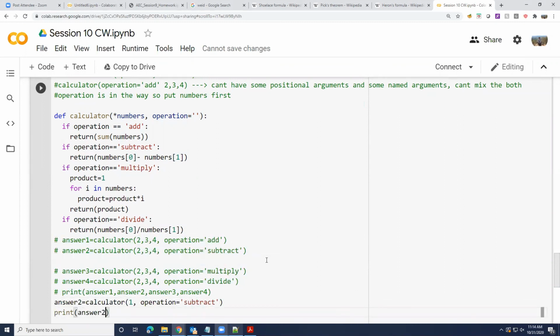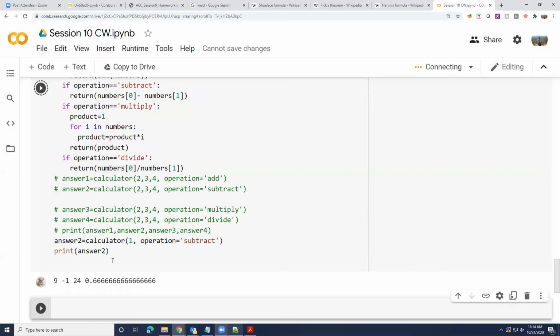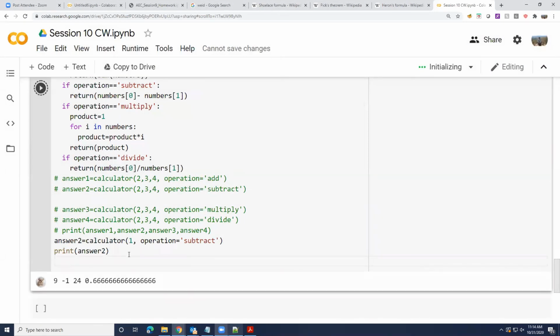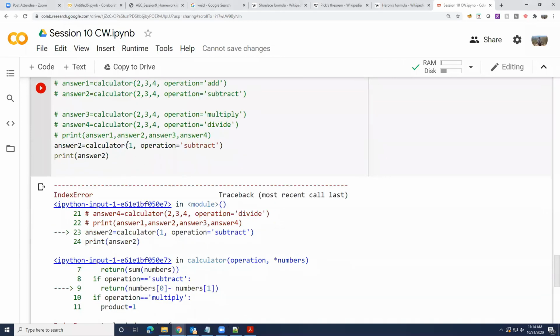So what happens now? It gave me an error as expected, right? Absolutely. Nipun pointed out another nice error. What if, instead of giving it 1 comma operation, I give it two numbers? Now it obviously works.